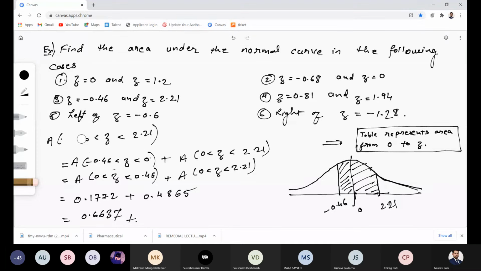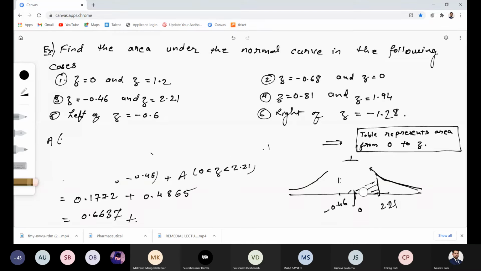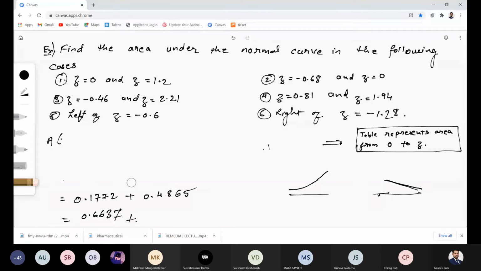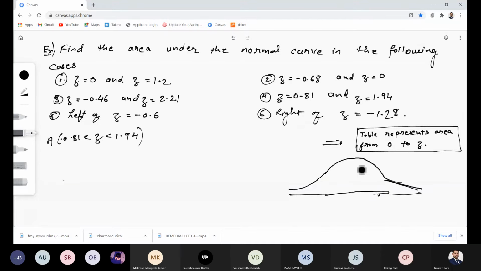Fourth one is 0.81 less than z is less than 1.94. So this will be equal to, let's draw the diagram first. Y-axis. 0.81 will be somewhere here, 1.94 somewhere here. So the area from 0.81 to 1.94 will be given by